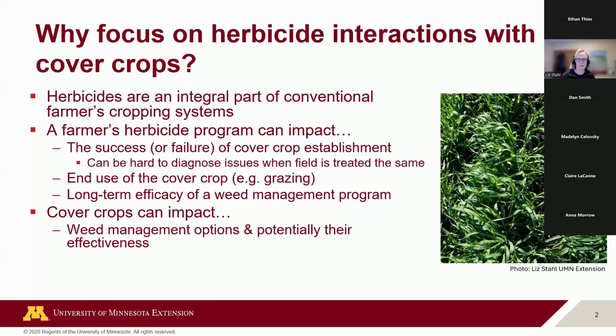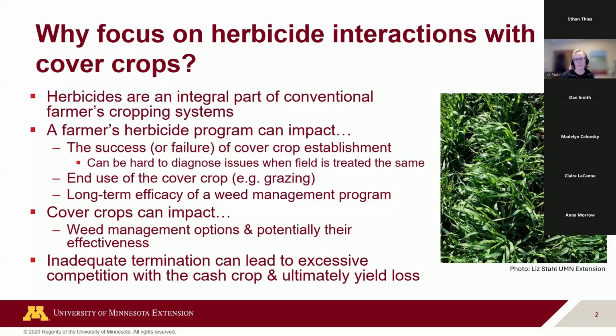So we'll talk about some research that we've done, at least in the state here. And one thing with herbicides as well too, termination, that's really key too. You have to have effective termination of that cover crop. Otherwise, you can get more competition than you want with that cash crop, ultimately impacting the yield of your cash